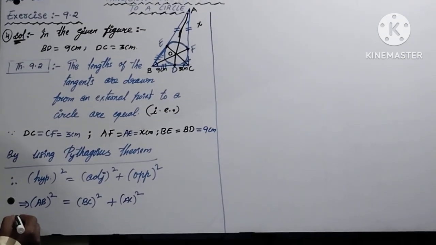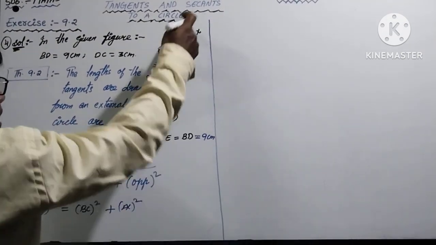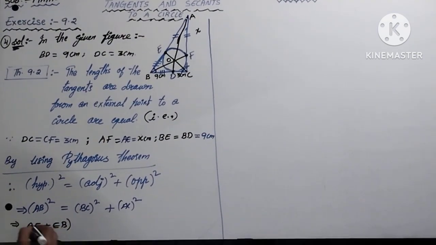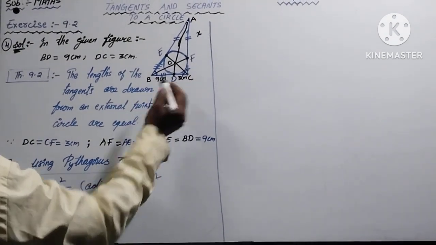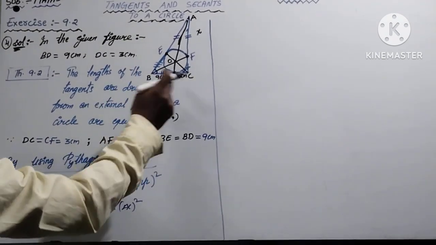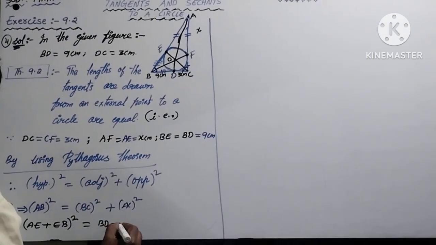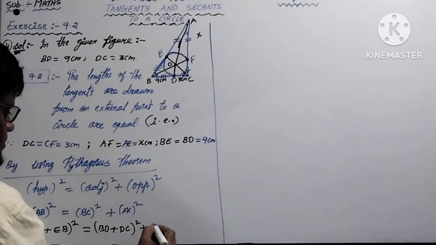The next, add the values here. In this AB having two parts. How many parts having in this? AE plus EB whole square is equals to BC. BC also having how many parts? Two parts. This BC is divided into two parts. First part is BD. Second part is DC. And square right as it is plus